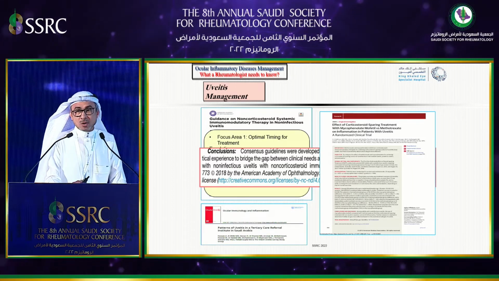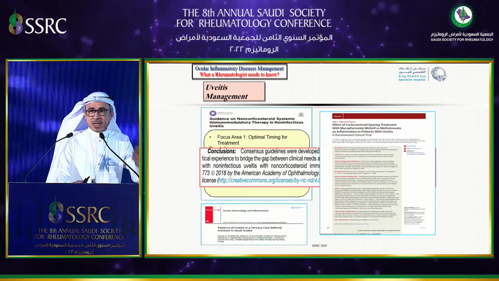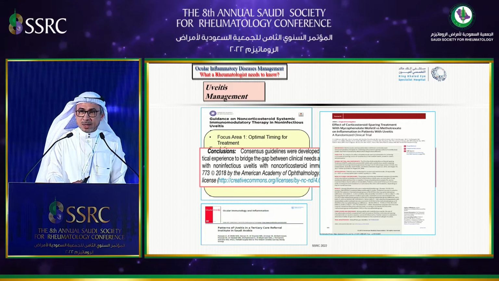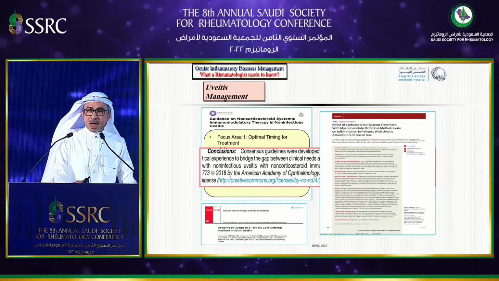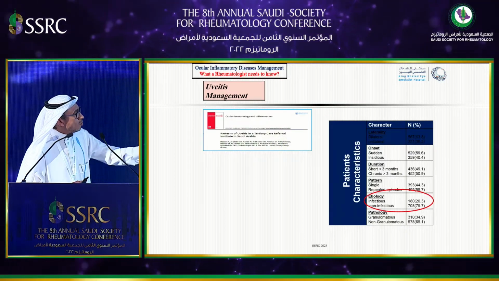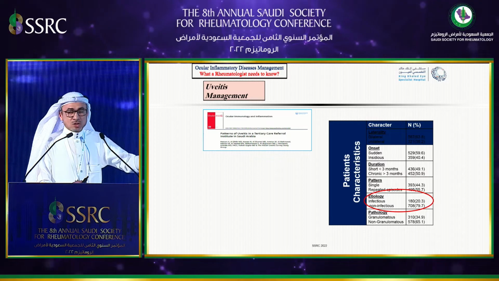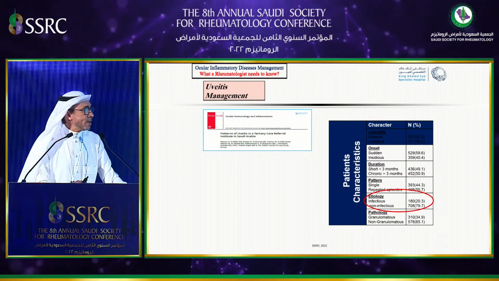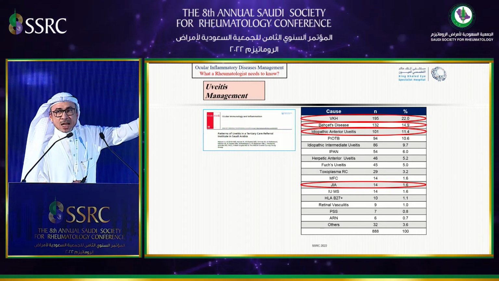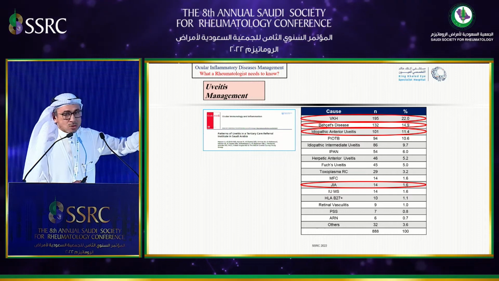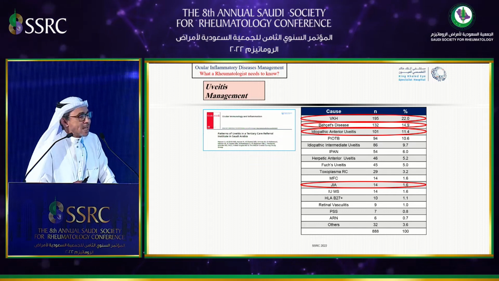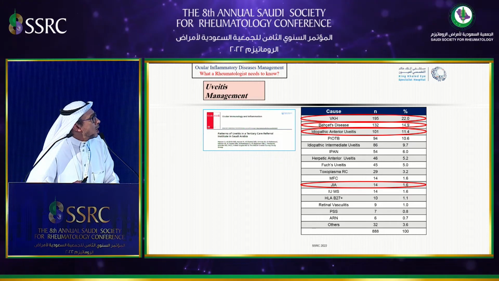And to look for the pattern, because uveitis is not the same across geographical distribution. The causes of uveitis in the Middle East or in Saudi Arabia differ from those in India or China or even North Europe. We have papers that showed non-infectious causes in almost 80% of our patients. Looking for the causes, we found that Vogt-Koyanagi-Harada syndrome was the most important cause of non-infectious intraocular inflammation, followed by Behçet's disease and then idiopathic anterior uveitis.